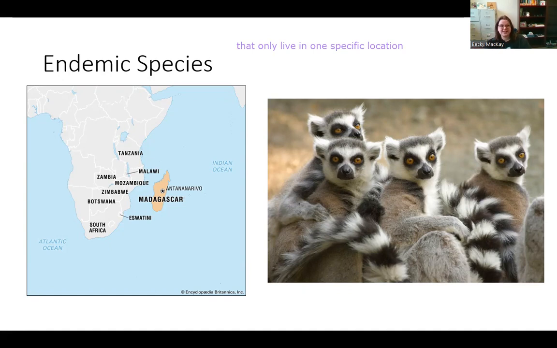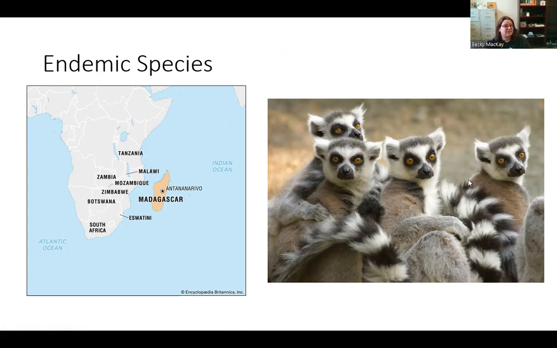This can also happen. It doesn't have to be an island. A lot of times it is, because once it's an island, there can be different evolution. But this can also happen in the middle of a rainforest. There can be organisms that live in that rainforest that don't live anywhere else because they are isolated. So usually it has a habitat that's isolated from anything else, and organisms evolve there. And so they become endemic, like these lemurs.